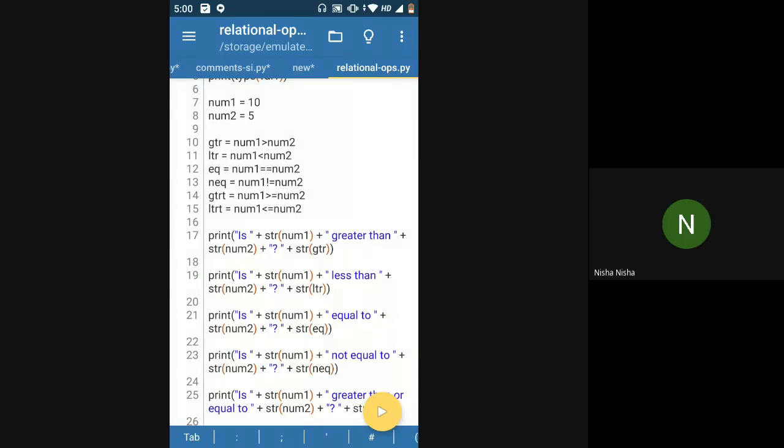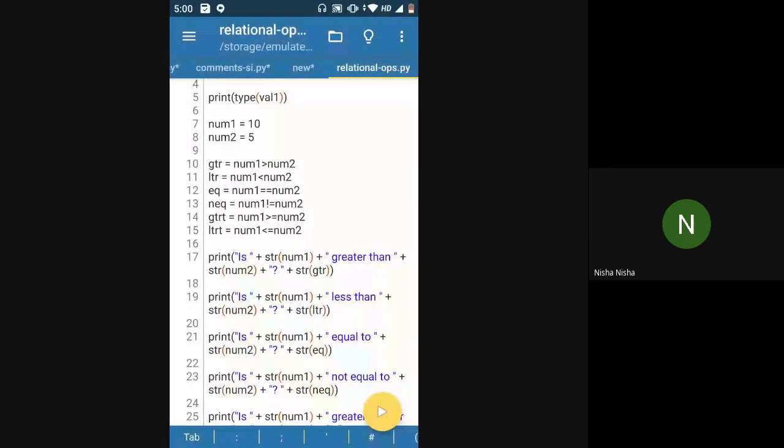Now this line number 12 is equal to, right? Does anyone have any questions? Okay. So here in Python, if you want to check if one number is equal to another number, or if one statement is equal to another statement, or if one word is equal to another word, you use equal to equal to. You use equal to twice to check if the first value is equal to the second value or not.